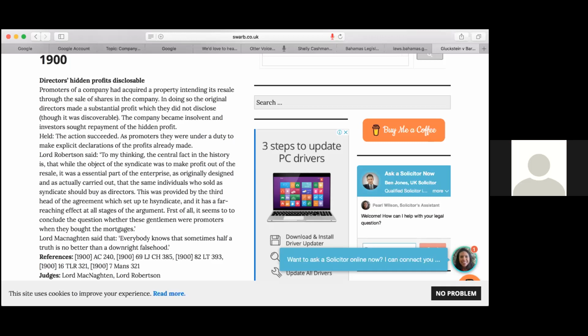The liability of the promoter as a seller of property may be considered under 2 headings. One is the property was purchased by the promoter before he acted as a promoter. And in that instance, if he did not disclose, the company may rescind the contract. And once they rescind the contract, the promoter has to pay them back the purchase price.